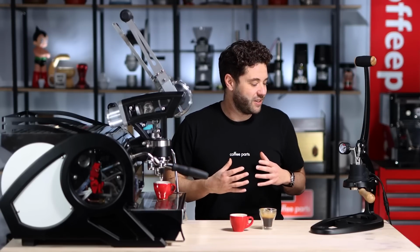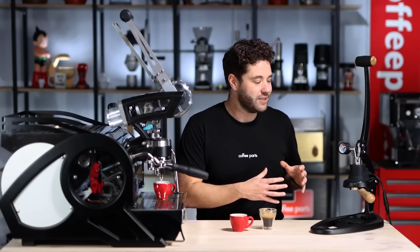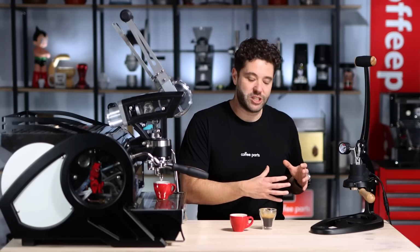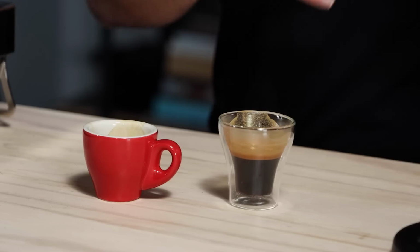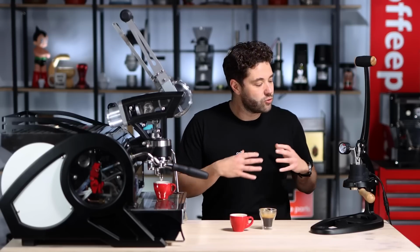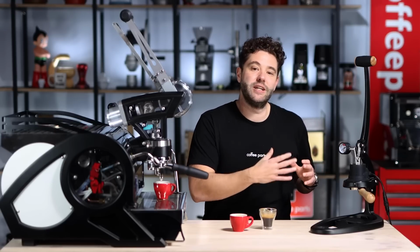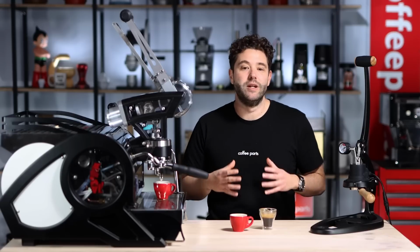But on a budget, I really do feel the Flair punches above its weight. It really is gold for a little machine. That coffee and that experience is actually pretty cool. You do need a temperature control kettle and you do need to be doing a few things right. But when you are watching that gauge, if you're hitting it on the sweet spot, it is a really cool